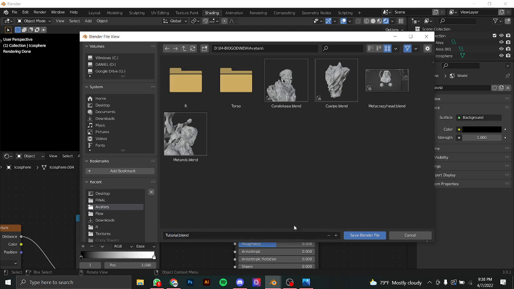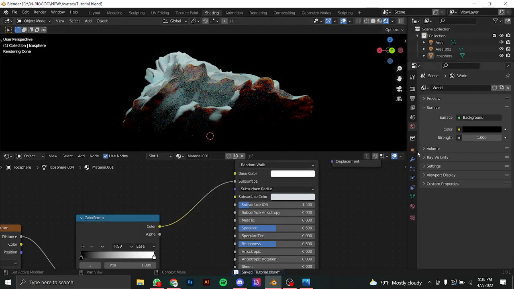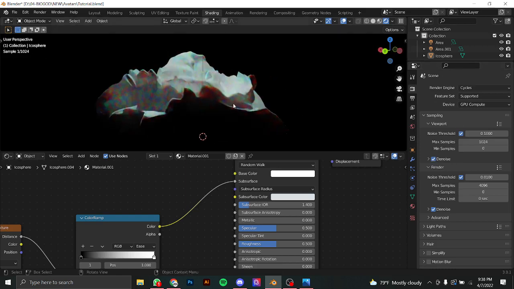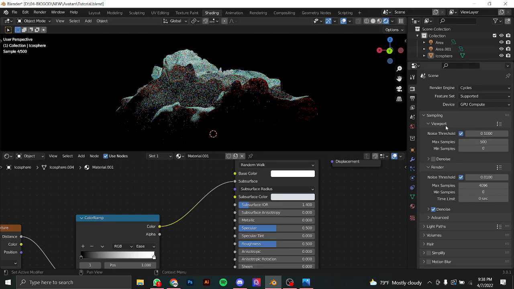One question. How do I make it not noisy? So you gotta go into the little camera. You gotta look for denoise. Noise. Sometimes you want to keep it noisy. Nah, it's cool. It's cool noisy, you said? Yeah. It's cool when you're